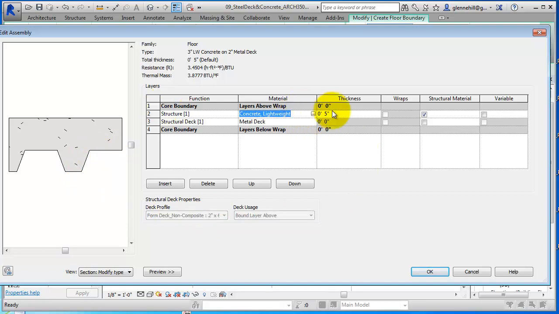But the lightweight concrete can be defined, and for instance, if I wanted to go up to 6 inches, I could put 6 inches in there. Let's hit return. Notice my concrete increased. The other thing that I want you to notice about this is that there is, along with the deck